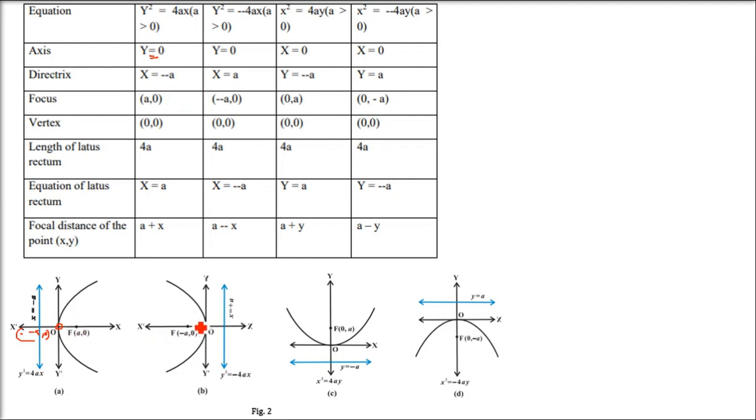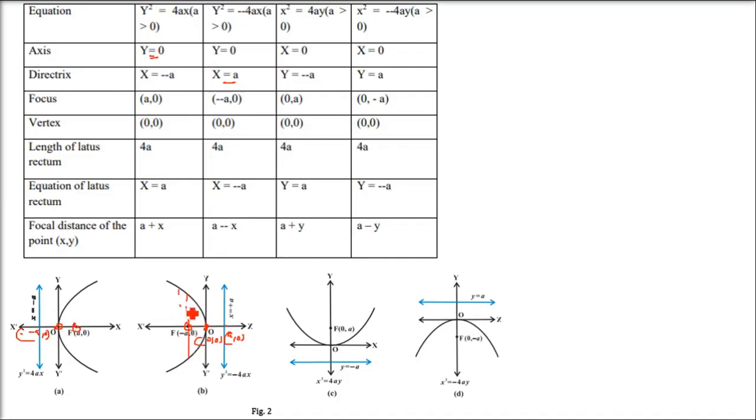Now take the reverse. Now take the directrix on the positive x-axis and the focus on the negative x-axis. The vertex will remain 0, 0. The directrix will now pass through a, 0, so x equals a. And what is the focus? Minus a, 0. As the previous one was a, 0, we have taken this on the negative x-axis. Vertex will be 0, 0. The latus rectum we have already seen for any of these 4 figures possible. 4a will be the latus rectum.